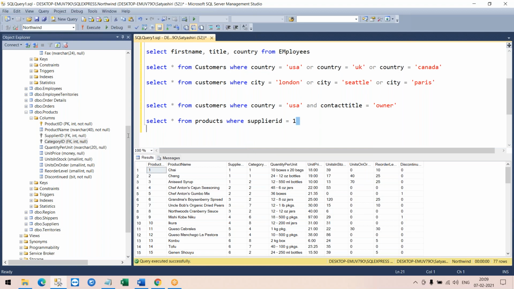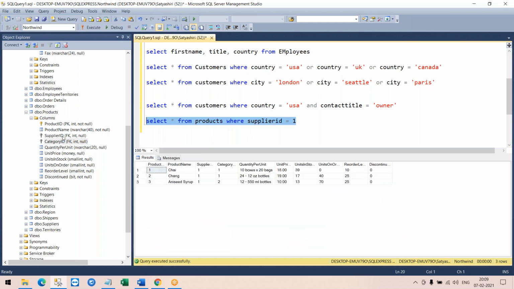I can just say 1, execute. Why? Because supplier ID is a column which takes an integer value. However, even though I give it in single quotes, it works exactly the same. It doesn't throw me any error. For a char or a varchar, it is mandatory to give it in single quotes. For integers, it is not mandatory. You can give it in single quotes, you need not.